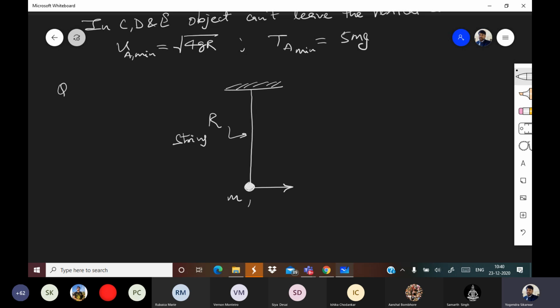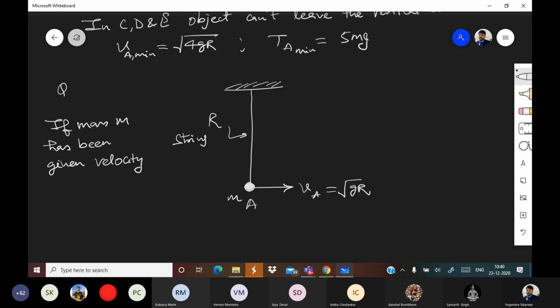If the velocity at point A is given as VA is equal to root GR, if mass M has been given velocity VA is equal to root GR at the lowest point,